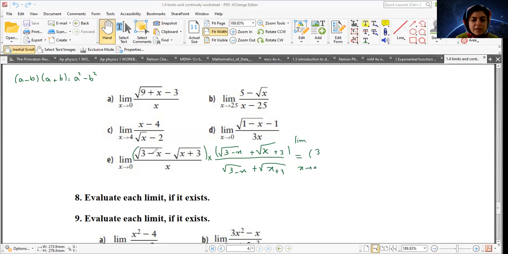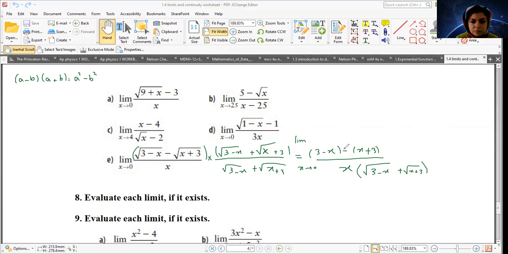So 3 minus x squared to the power of 2, the square root will cancel. It becomes 3 minus x minus square root of x plus 3 to the power of 2. Again, the square root will cancel. Divided by x, the square root of 3 minus x plus the square root of x plus 3. Now, if you simplify your numerator, maybe I just use a different color, it's going to be negative x plus x. The x and x can cancel. And become 3 minus,